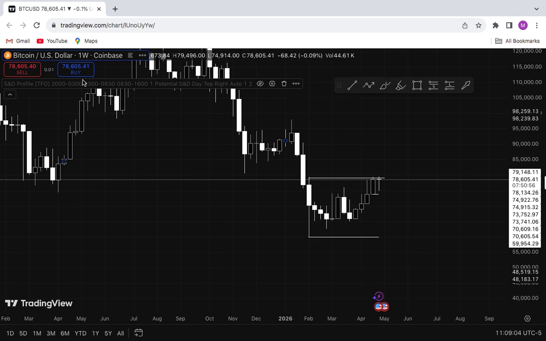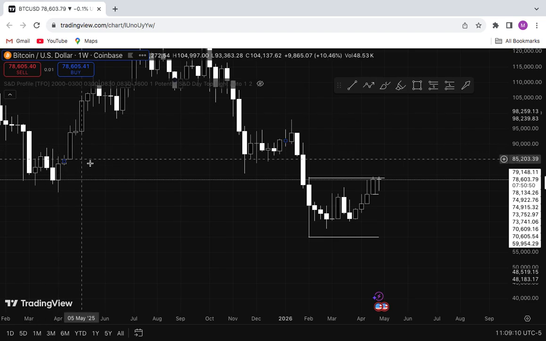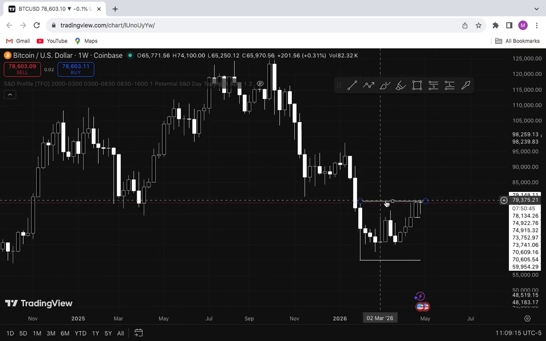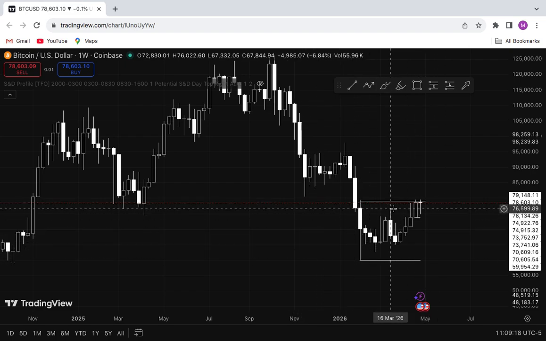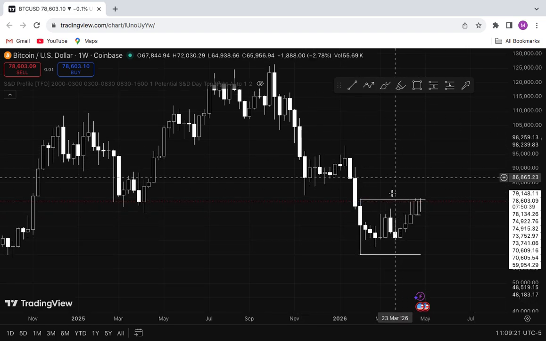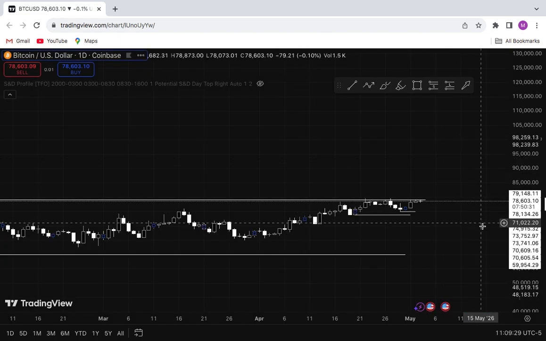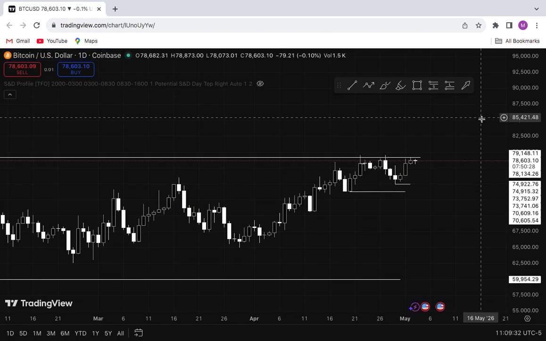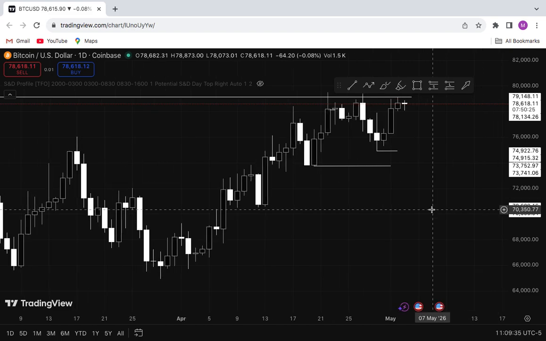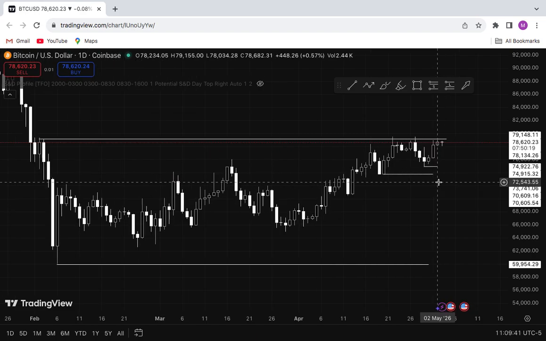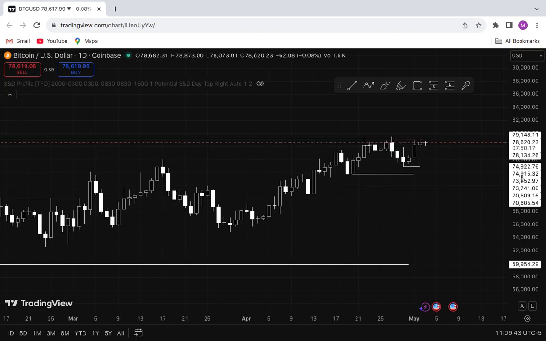Now, what am I expecting on BTC? As you all can see, we have been in a downtrend and price has been playing within this range. You can see we have the weekly range high and the weekly range low. Now going down to the daily time frame, this is the range we have been playing in, and price is presently reacting at this high, which is a key level.